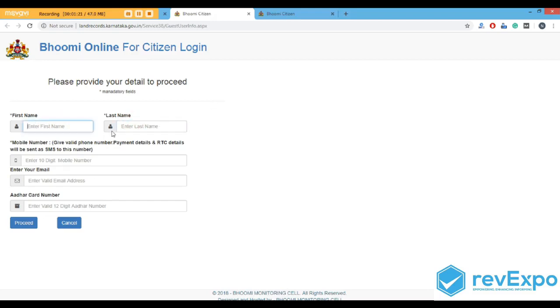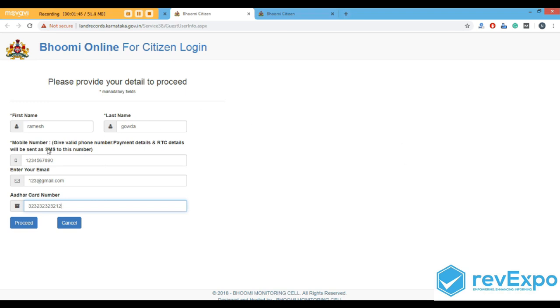So you can enter your first name and last name, enter the mobile number, enter the valid email ID, and you can enter the Aadhaar card number.